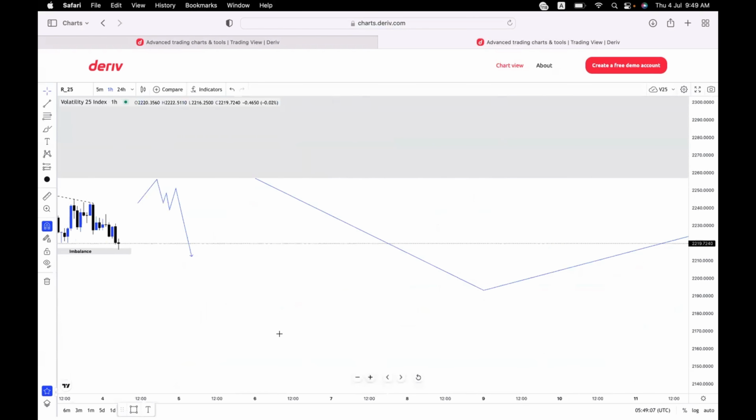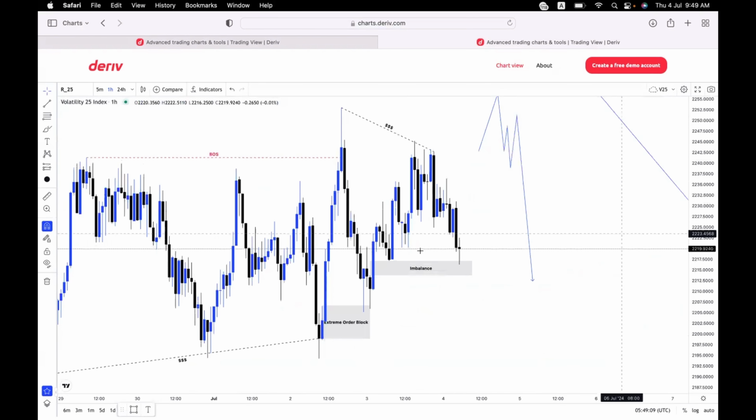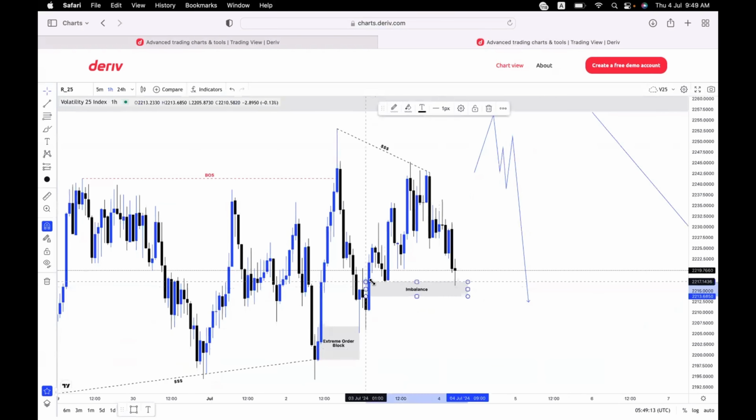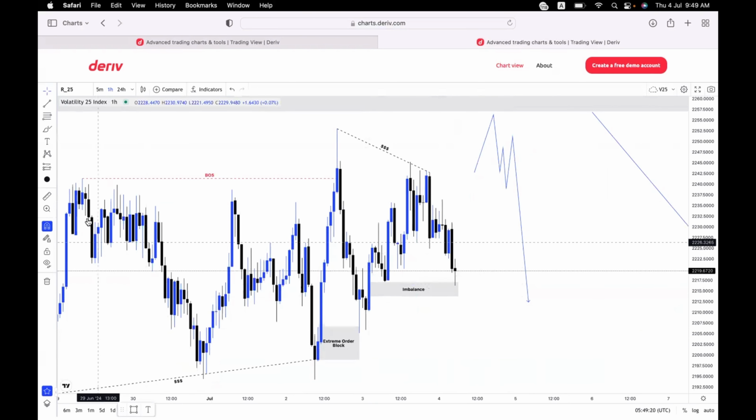Okay, so this is the recent transaction, right? And you can see this order block was mitigated, and after that, price left an imbalance or a fair value gap at this point, which just got mitigated. So in the meantime, if you want to take the risk, maybe you can look for buy entries after this